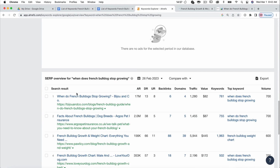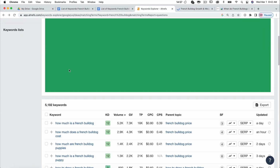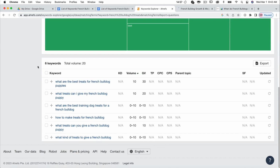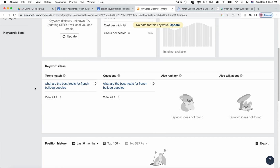French Bulldog Puppies.net, and maybe we'll go look for a different keyword. French Bulldog treats. And we'll just type in a different keyword. Best treats for your French Bulldog puppy. And we can see